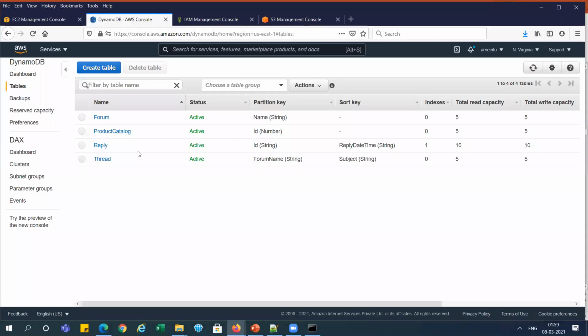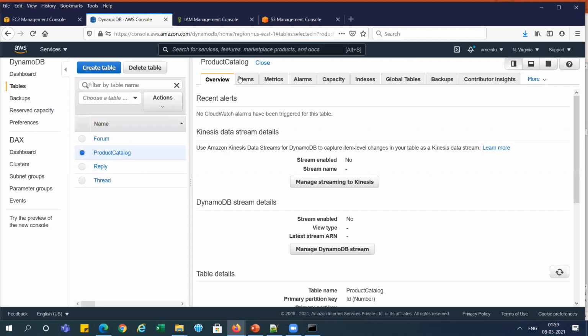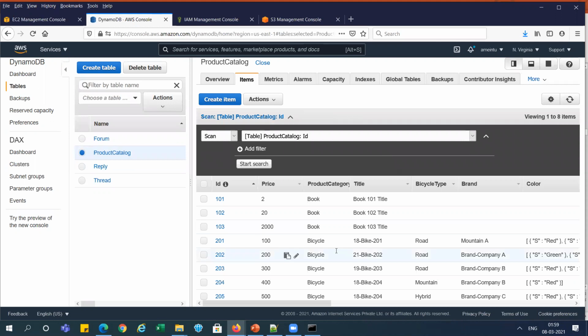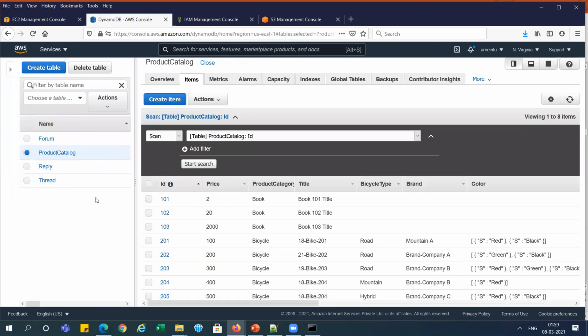Now you can see here it is showing the product catalog status active. Let me open this one and check items. You can see we are able to see all that data, right? So we have done backup and restore from DynamoDB.